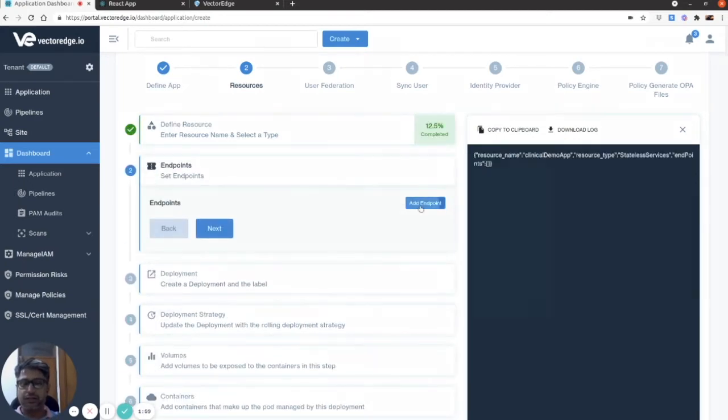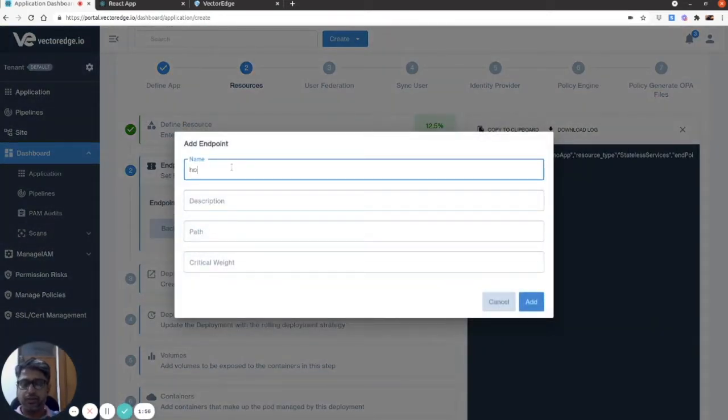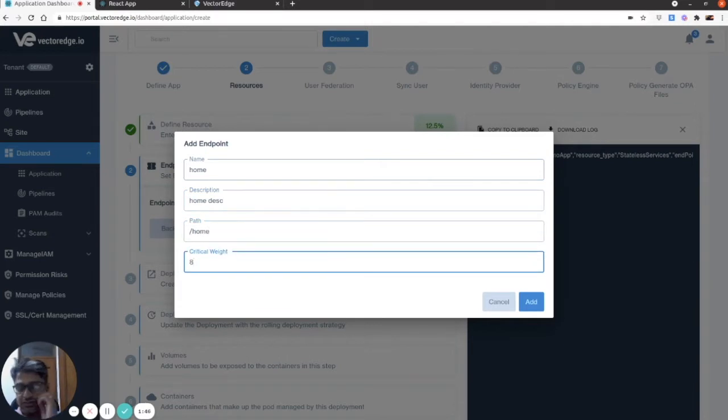I'm going to create an endpoint. An endpoint is nothing but the web pages to which we want to restrict the access. I'm going to tell you how we are going to use it.